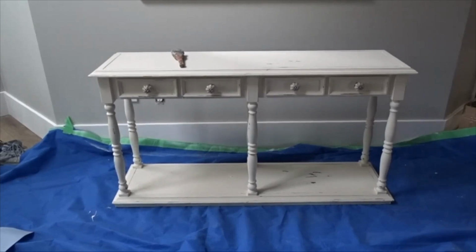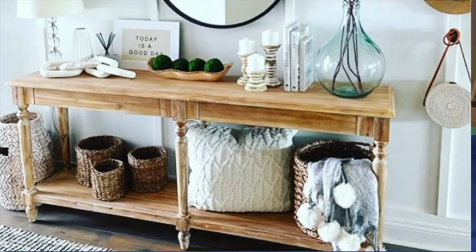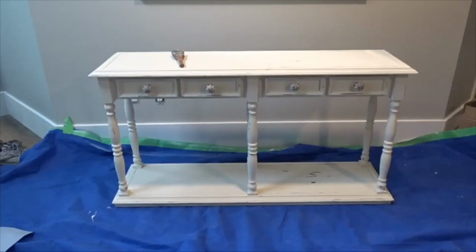a sofa table, hallway table, in place of a sideboard. I mean, the possibilities are endless. I saw this table online and I really loved the way it looked, but the starting price for this table was like $700 and up for the same size. So I'm going to recreate the same wood look that this table had, and here are the supplies that I